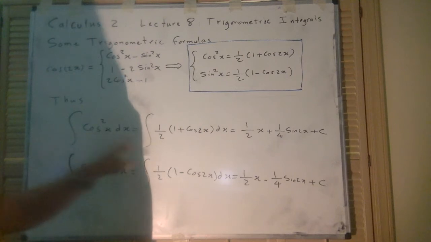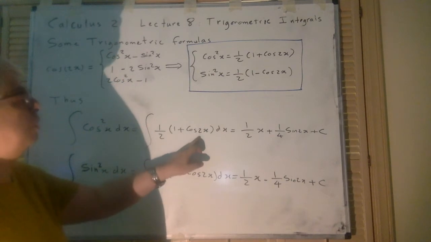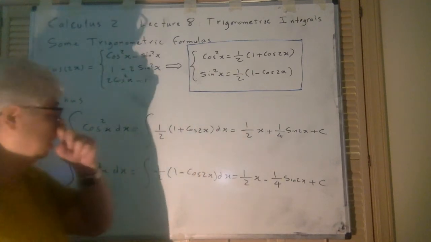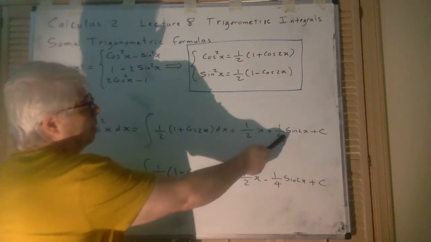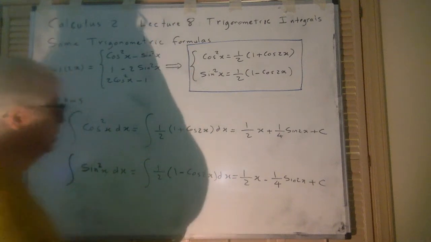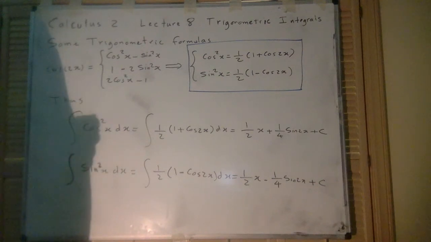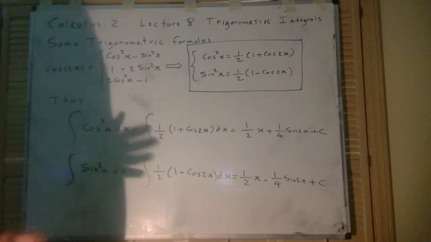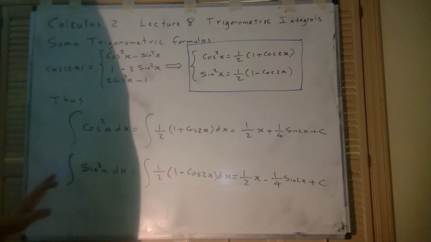So cosine squared x is the integral of this thing, and this is 1/2 plus 1/2 cosine 2x. And using the methods that we know, this is 1/2 x, and the other one is 1/4 sine 2x. The same happens here. Now, these two integrals, especially this one, is used a lot, so it's good to know this one very well. Okay,